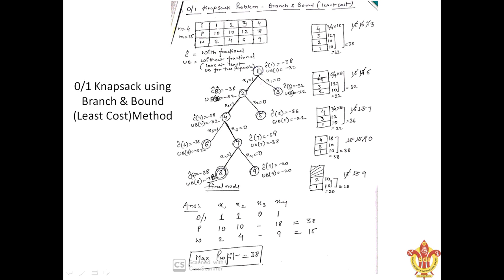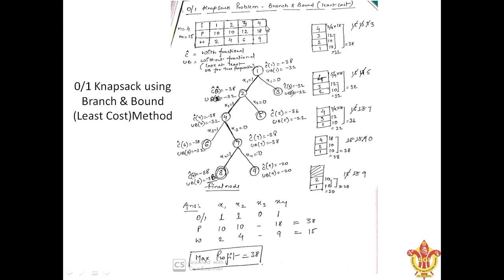Now see, we'll proceed further, move downwards. It means we have included one. By including one, we have this cost, and upper bound is similarly as the upper side, that is minus 38 and minus 32. We have included this one, we have calculated. Now what will happen if we exclude this one? So we'll have this node itself.